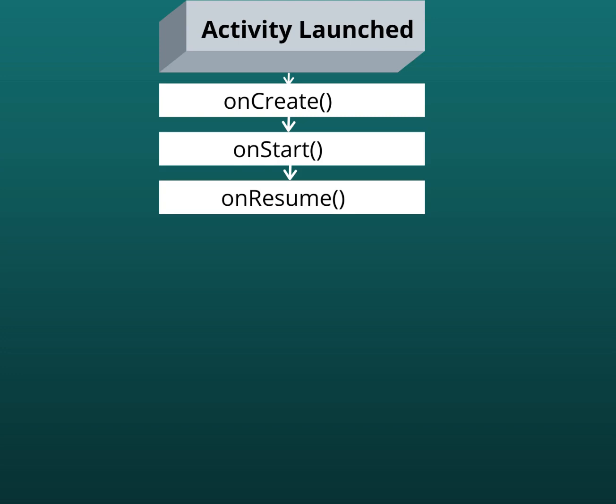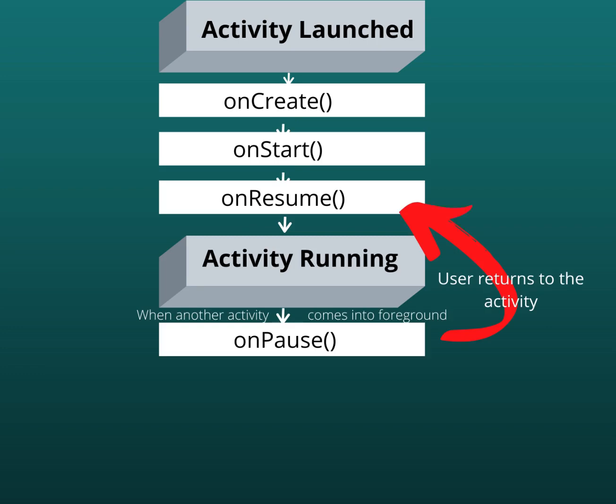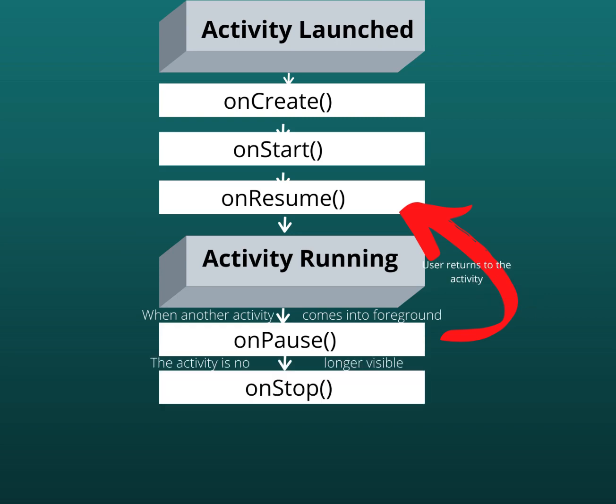and the user can interact with it. The user can perform some operation like clicking on a button or a link. Now our activity is running. The fourth one is the onPause method. It is called when the current activity is partially obscured by another activity that is in the foreground and semi-transparent. At that time onPause is called, and onStop is called when the activity is completely hidden